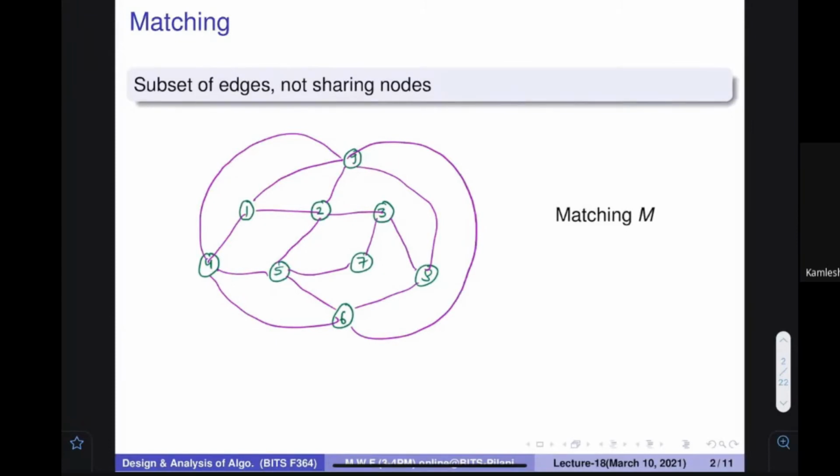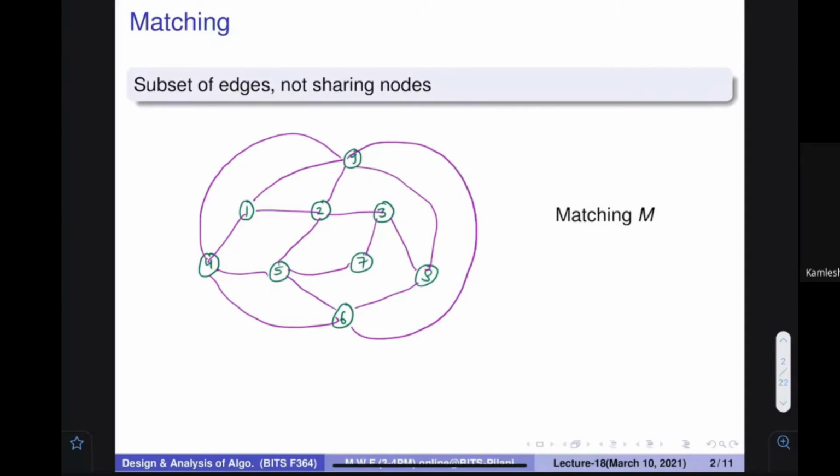Let me tell you that this class is going to be a very simple, very easy class for you. So right now in front of you, you have a graph. And as you know, a graph has two things, nodes and edges. So node number one, node number two, node number three, where is the four? Four, five, six, seven, 8, and 9. These are the nodes. And then there are some connections that we call edges. This is an edge, this is an edge, this is an edge. So there are various edges.